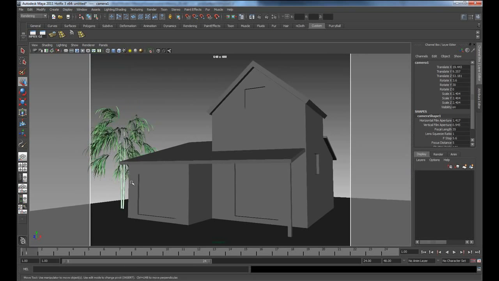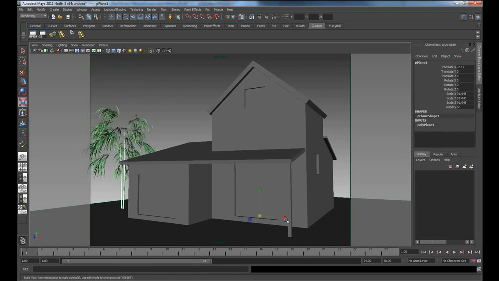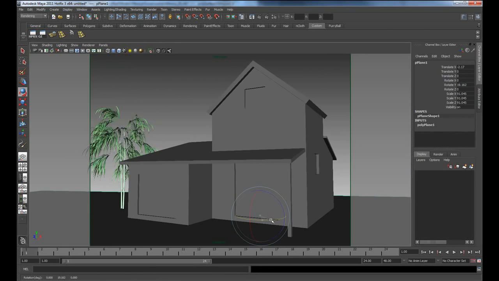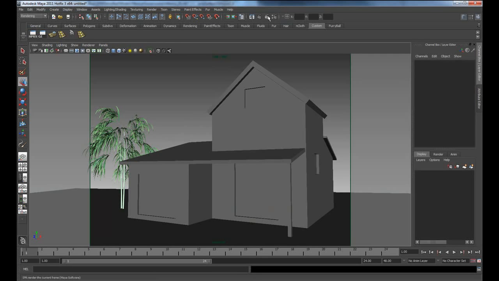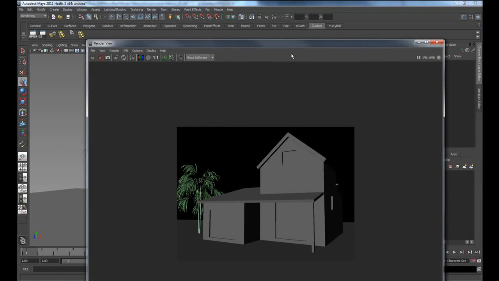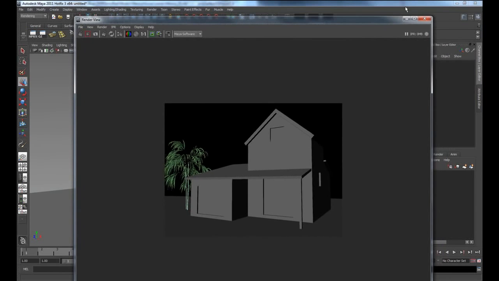Pretty cool. Now I can make the floor bigger. Right, I can rotate it. And there you have it. Nice looking house. Let me try to render this, see how this looks. Now this doesn't have any lighting, of course, so it's not going to look impressive. But once you start adding the lighting,